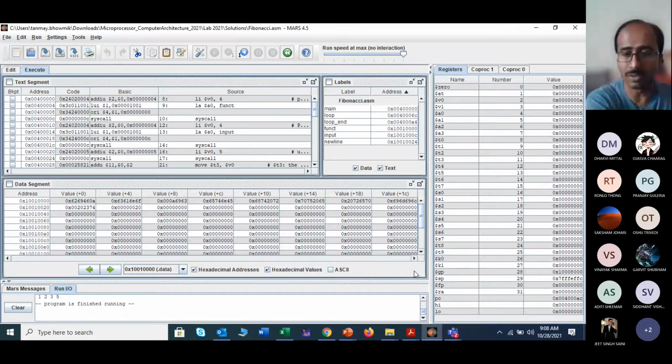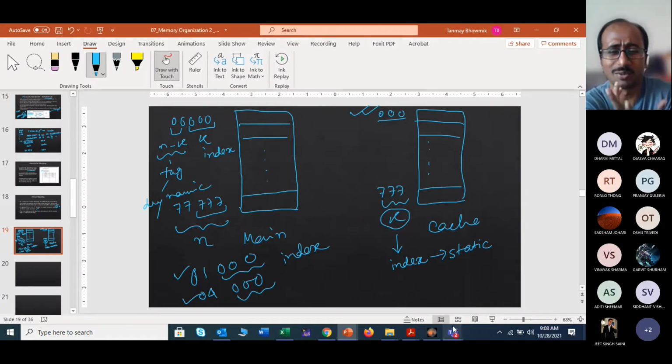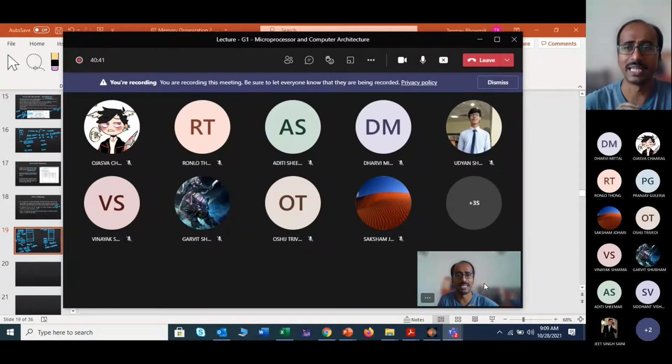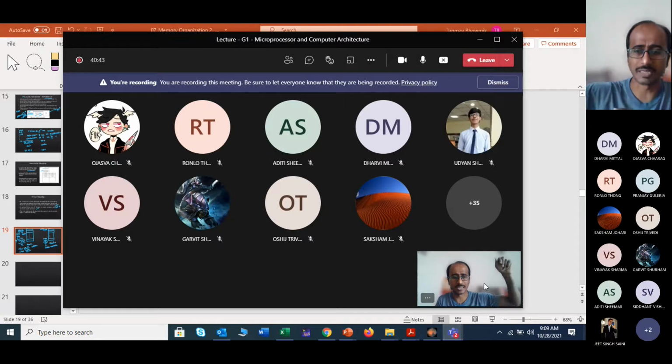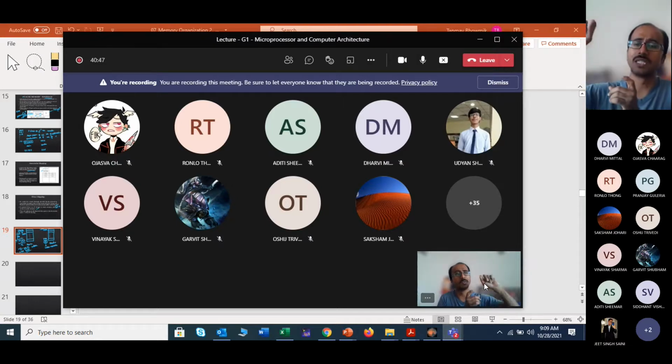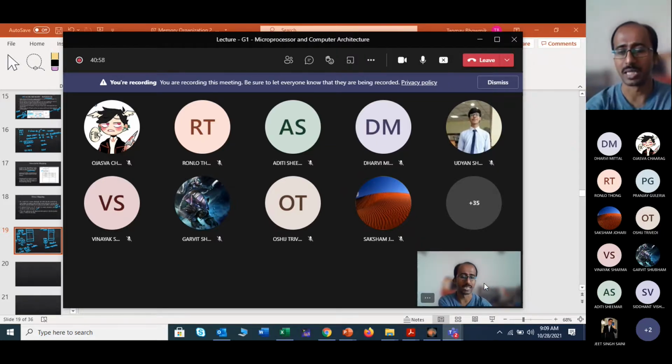But again, I am not forcing anyone to do this. It is just for your own understanding or your own interest. These are not part of what I am going to give in the exam. I will not ask in the exam, if I open the MARS simulator, the cache simulator, or the data block, how much data you will see there. This type of thing will not be given. From the simulator, only register related questions will be given, just like the question I have already given.